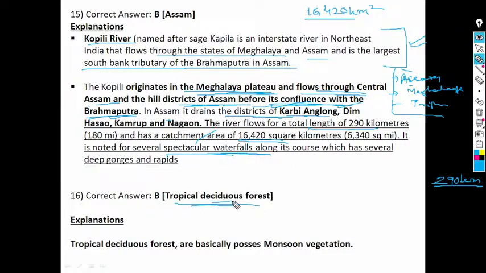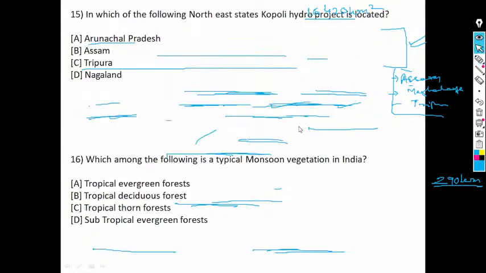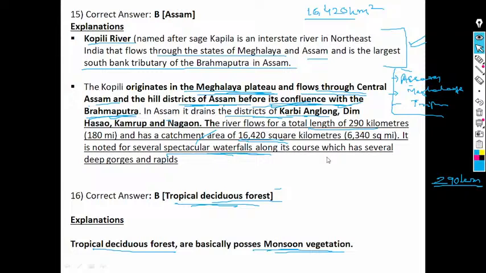Correct answer, look, it is tropical deciduous. Tropical deciduous forests basically possess monsoon vegetation. So the previous question was: which of the following is a typical monsoon vegetation in India? The answer of this is tropical deciduous forest. Monsoon vegetation is basically called deciduous. Deciduous forests basically possess monsoon vegetation. Deciduous means